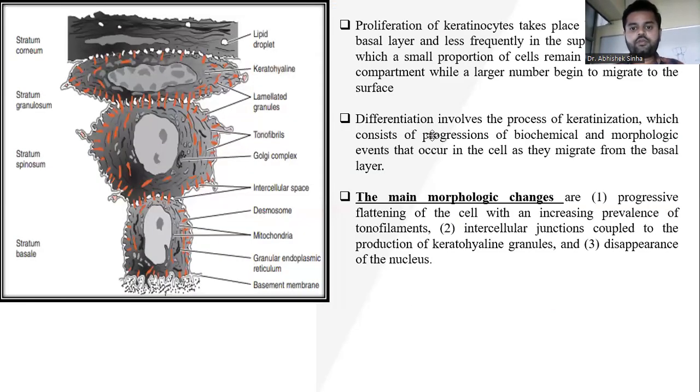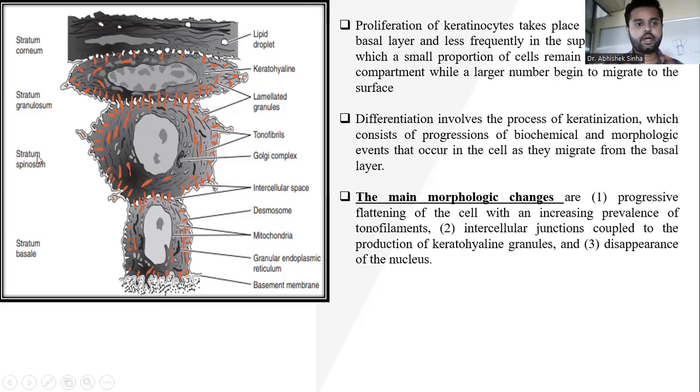Now, proliferation of keratinocytes takes place by mitosis. I'm pretty sure you know what is mitosis and meiosis. I'm not going to go much into detail of that. So proliferation of keratinocytes takes place by mitosis in the basal layer and less frequently in the suprabasal layers, in which a small proportion of cells remain as a proliferative compartment, while a large number begin to migrate to the surface. All right. Now, if you see the layers of the epithelium, there are 4 different layers, starting from stratum